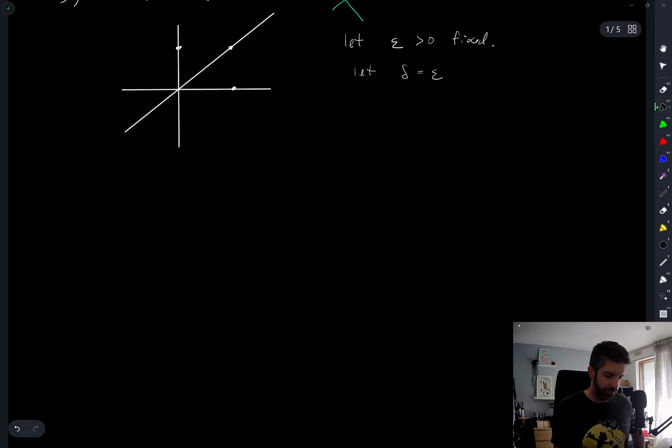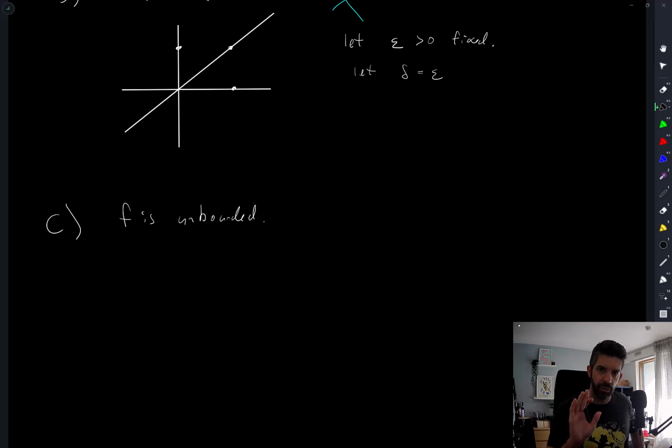F is unbounded, option C. This might be correct. F is unbounded. Oh, we're looking for equivalent, not for implies. So options C, D, and E all look like possible candidates. I think it's D. I mean, it's basically the definition of